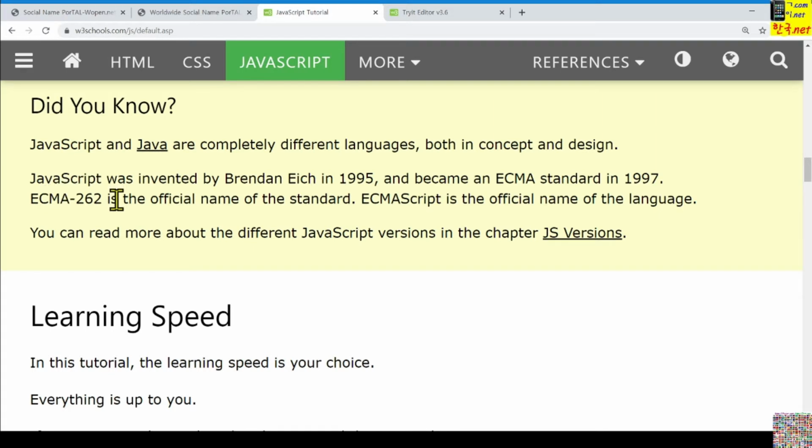And this JavaScript was invented by this gentleman in 1995, Brendan, and became the ECMA standard in 1997. Actually this ECMAScript is the specification of this JavaScript, and that is the official name of this language.